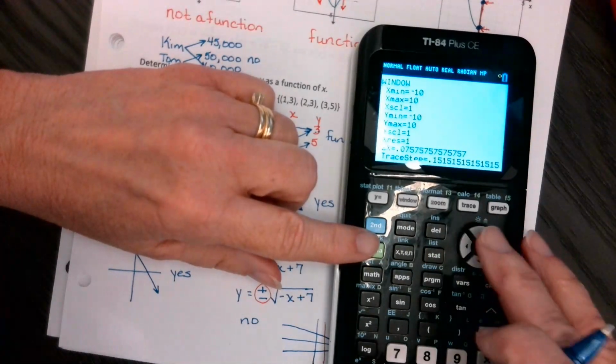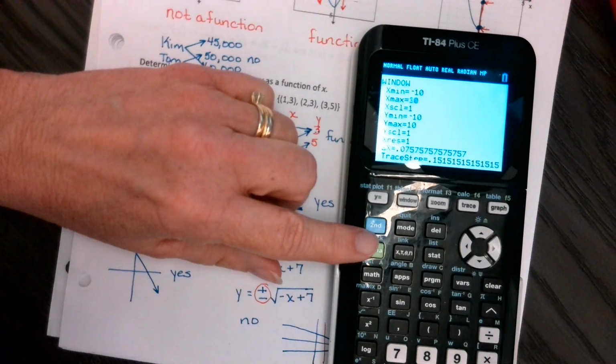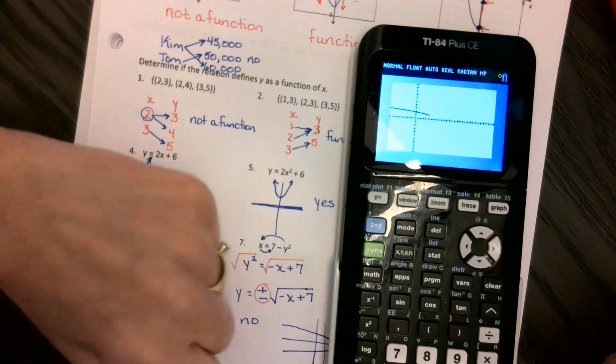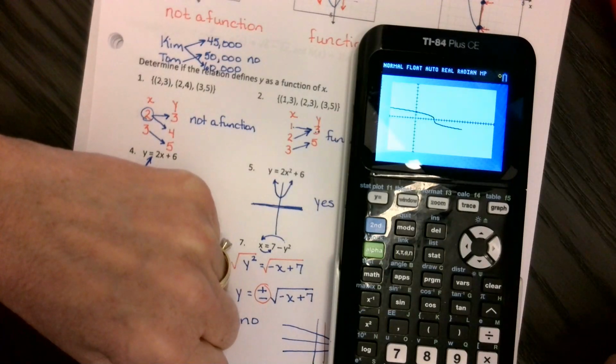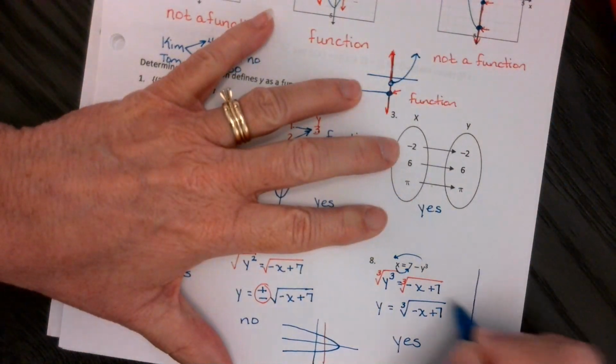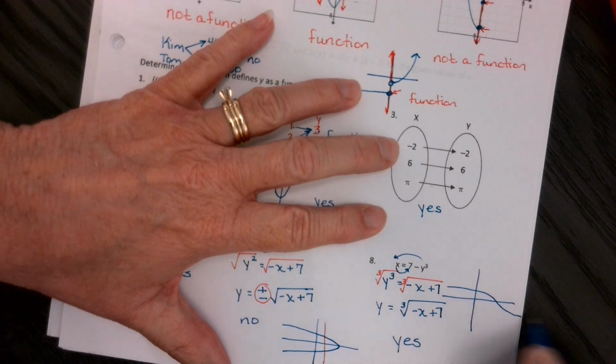And I can make this go from, let's say, negative 10 to, let's say, 30, just so you can see what the graph looks like. See, it'll pass the vertical line test. Okay? So it looks like this. So again,